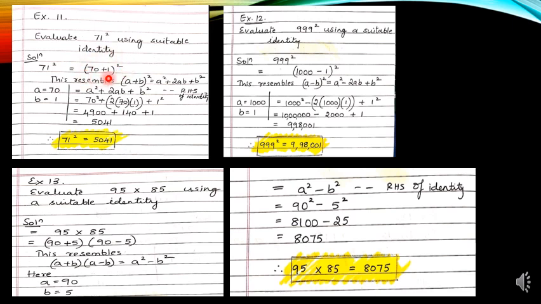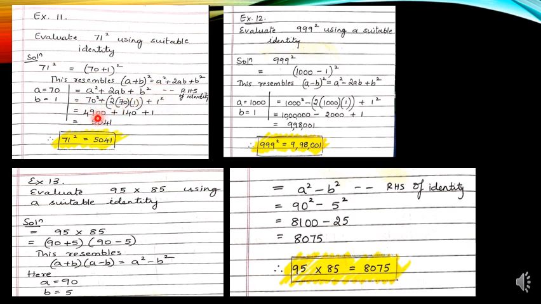So now this is resembling which identity? It is resembling the a plus b the whole square identity, which is equal to a square plus 2ab plus b square. Now your question, that is 71, which you wrote as 70 plus 1 the whole square, is looking like LHS or RHS? It is looking like LHS, isn't it? So you should keep your answer in RHS form. So you should simplify using RHS. So what is the RHS? a square plus 2ab plus b square. What is the value of a? a is 70 and b is 1. So a square plus 2ab plus b square will be 70 square plus 2 into 70 into 1 plus 1 square.